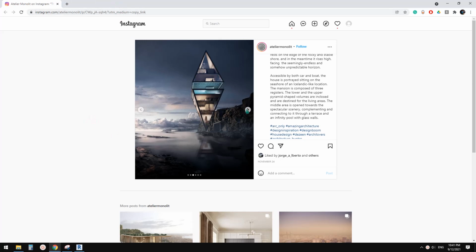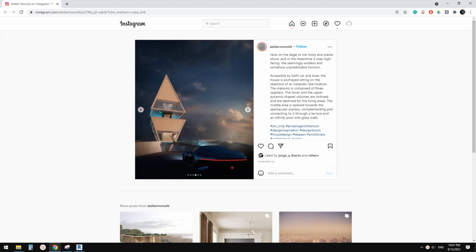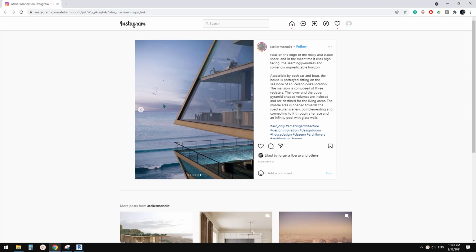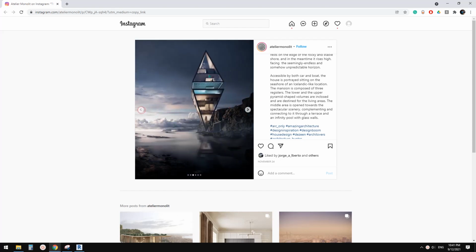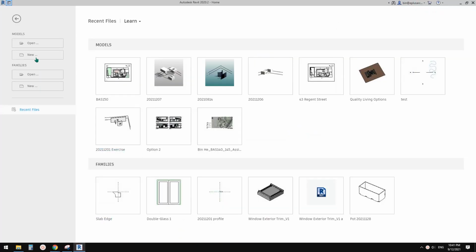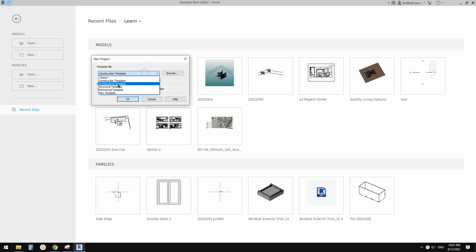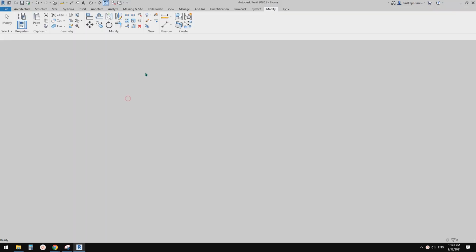Today I'm going to show you how to model something like this project. Okay, so let's start. So first, let's create a project,